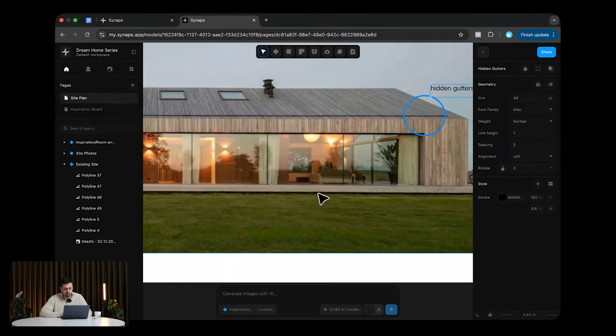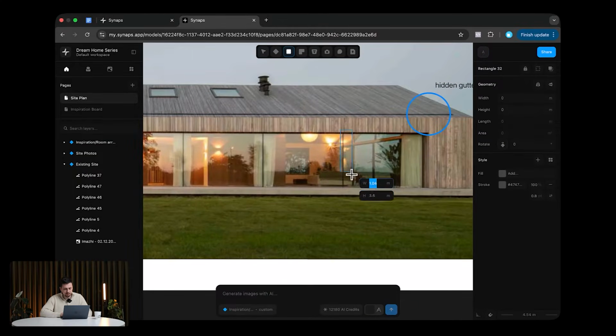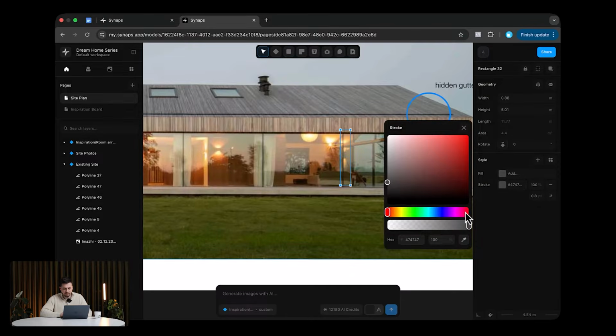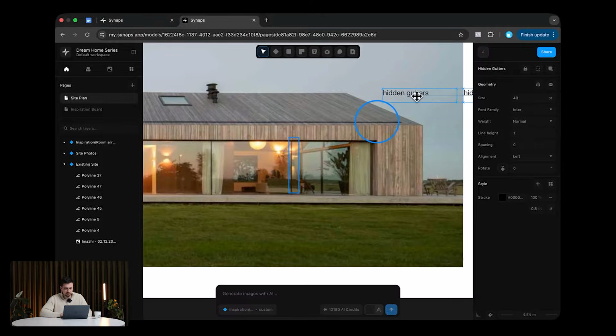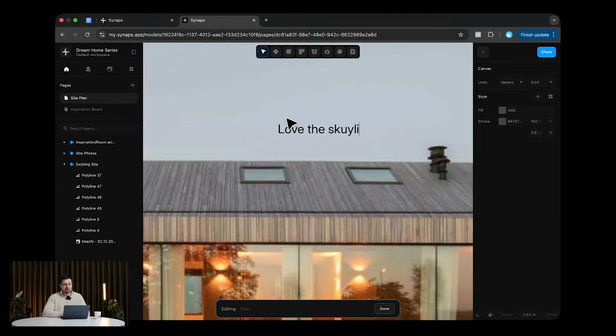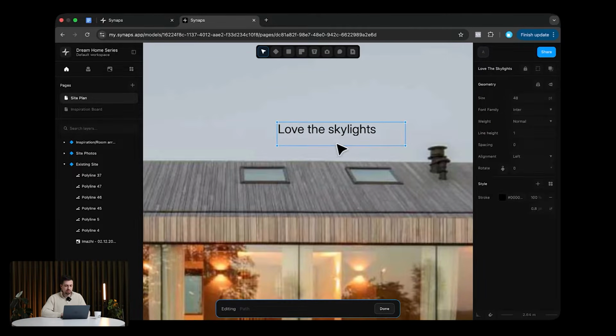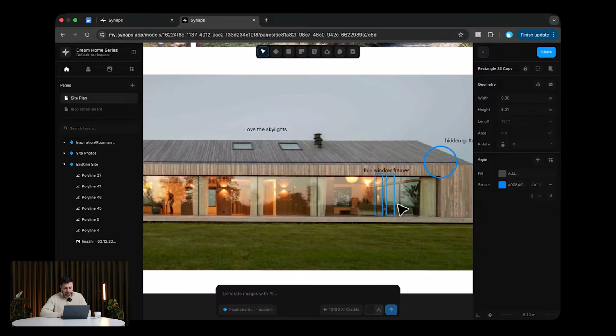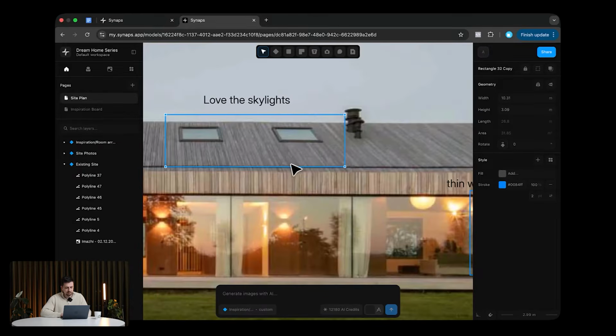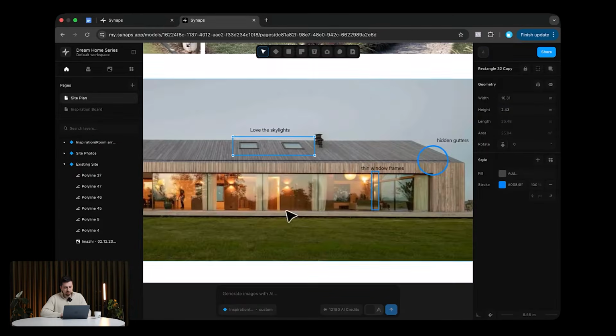And then I also am going to use the R key as a shortcut for rectangle. I like the very thin frames. I love the thin frames of the windows as well. Definitely love the skylights over here. I think these are a great addition to bringing in as much lighting as possible. I'll just use another rectangle right here. I'll just create a duplicate of this rectangle with Control D and then resize it, just to highlight these perfectly. So all of these as inputs, things that I like about this, we can just use as inputs